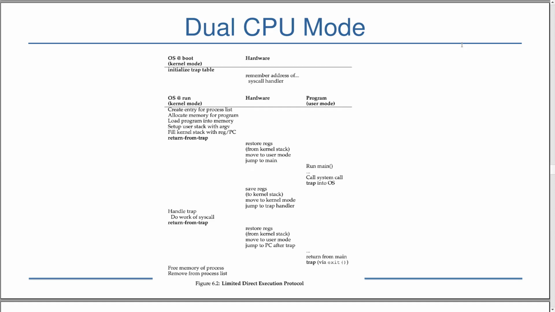Your textbook has a description of how this dual CPU mode works in terms of the operating system, hardware, and the actual program. It's not fully precise, but let me get to this a little bit later. The idea is that initially when the operating system runs, it will create an entry for a process list. It will allocate memory for the program. It will set up the user stack and so on. And then finally,